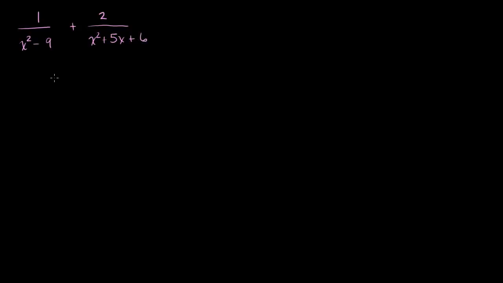So just like we did when we first learned to add fractions or to add rational numbers, we always had to come up with a common denominator. So once again, we're going to have to come up with a common denominator. And what we really want to do is find the least common multiple of these two expressions. And when I say that, let me just remind you. Let's say we wanted to add